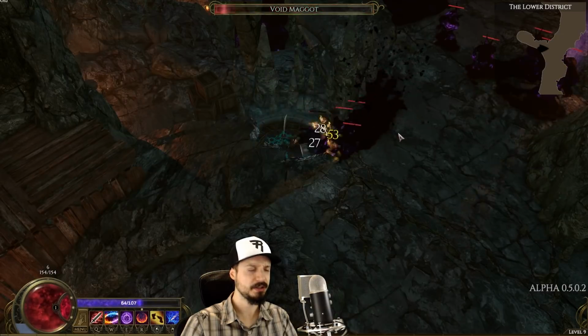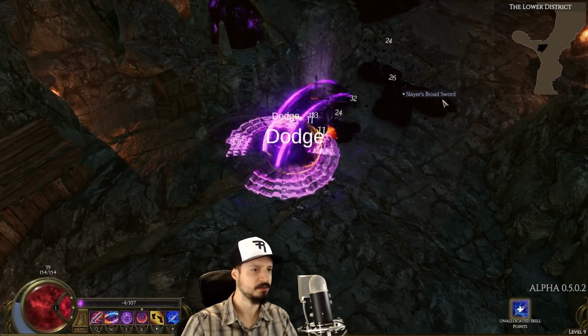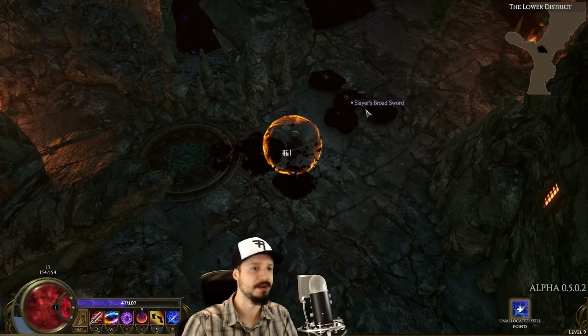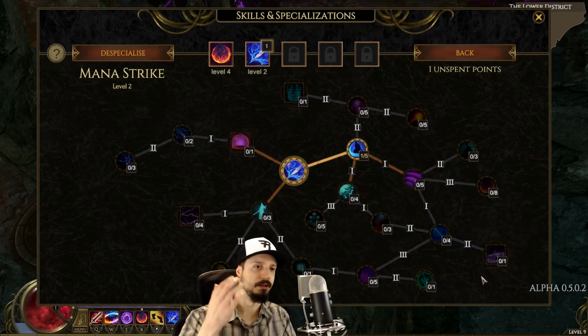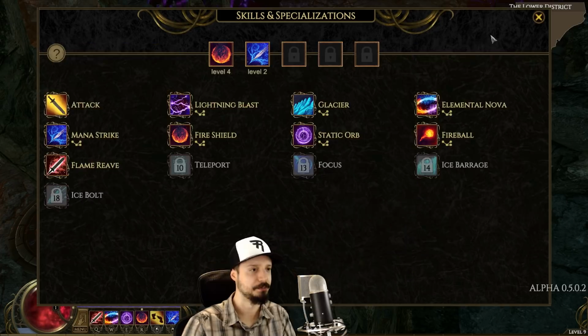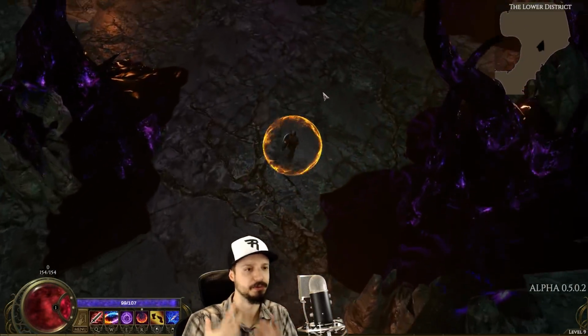What were we saying about... Oh, I don't remember, but I guess it wasn't altogether that important. As you can see, leveling up the Mana Strike. The lower level the skill, the faster it levels up. So when I first implemented Mana Strike, bam, it's leveling up a lot faster. So I'm trying to specialize my Mana Strike into